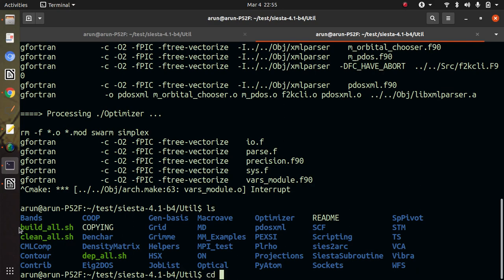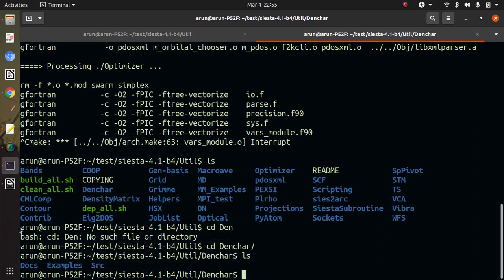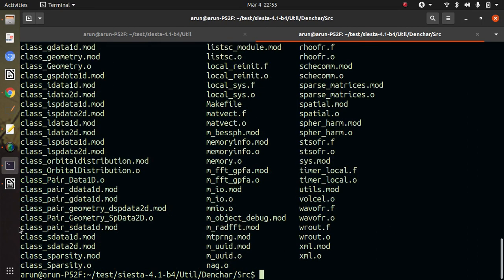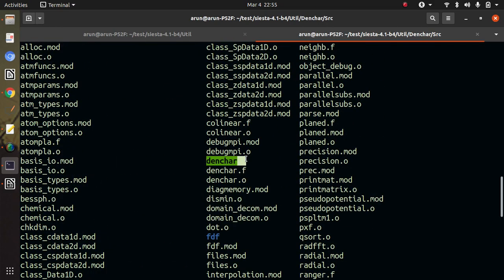If I go to the denture, it contains SRC, and inside SRC there is a utility named denture, and using this denture we can plot the charge density of states. In later lectures I am going to talk about how these utilities or tools will work.